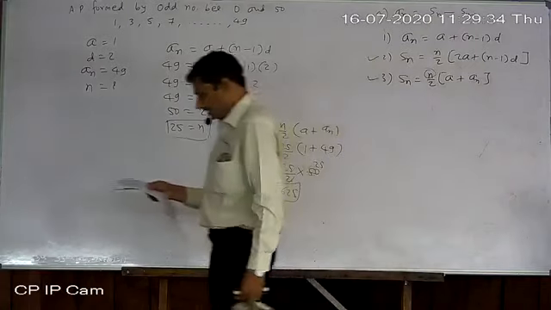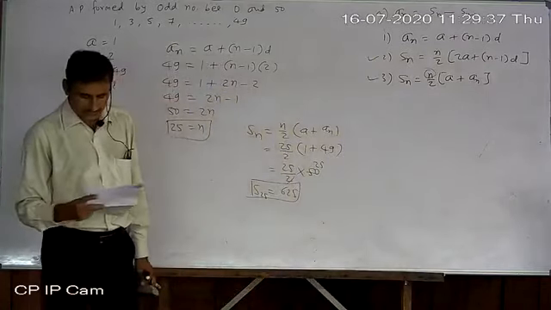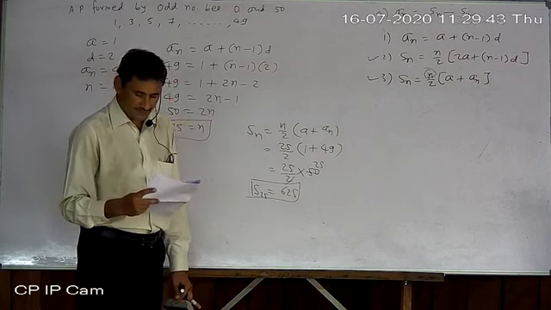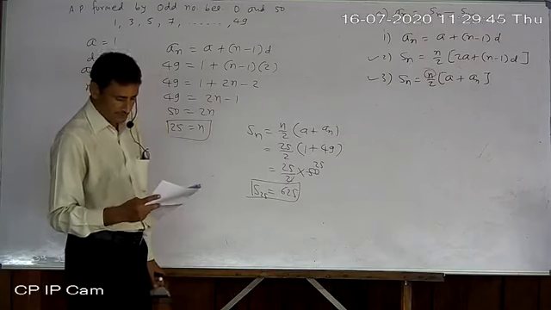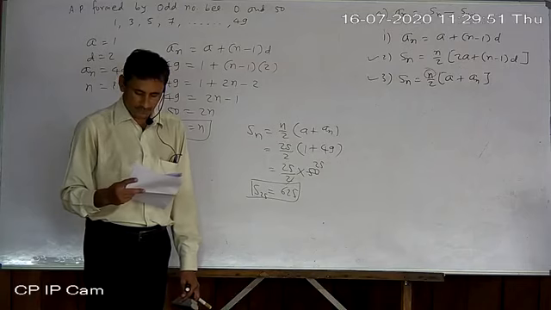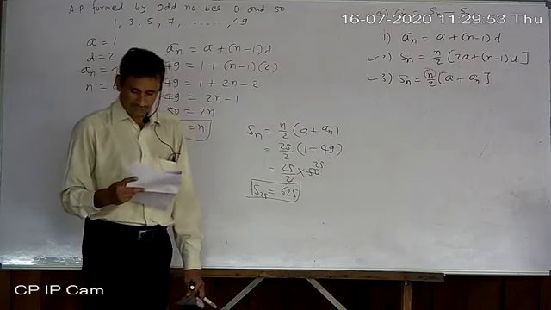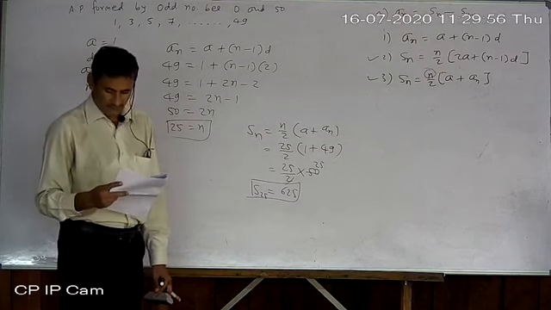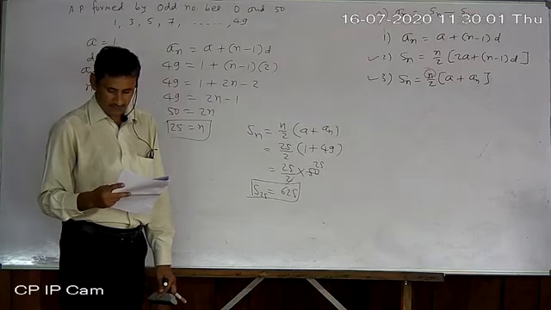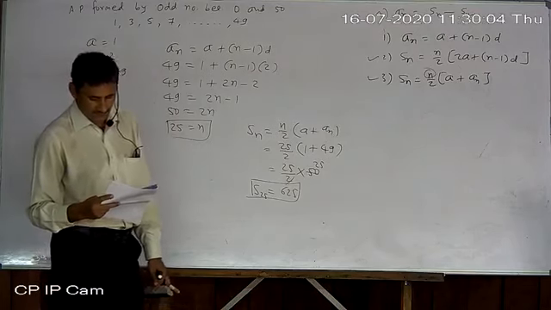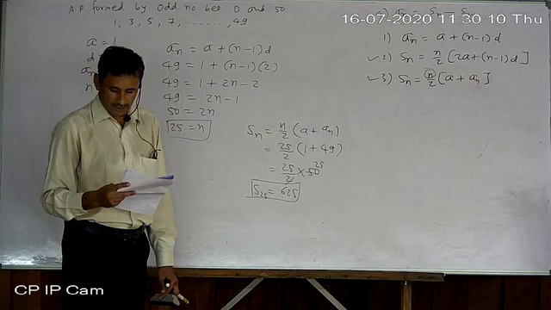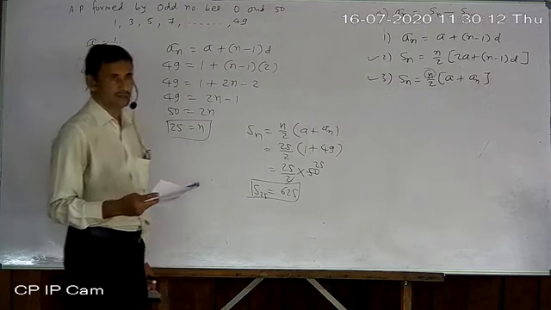Look at the next one, number 15. Just try to understand. A contractor on a construction job specifies a penalty for delay of completion beyond a certain date as follows: rupees 200 for the first day, 250 for the second day, 300 for the third day, etc. The penalty for each successive day is 50 more than for the preceding day. How much money does the contractor have to pay as penalty if he has delayed the work by 30 days?